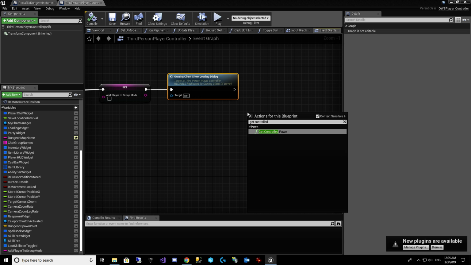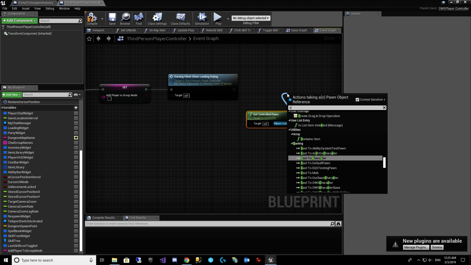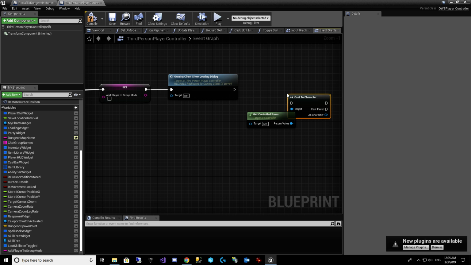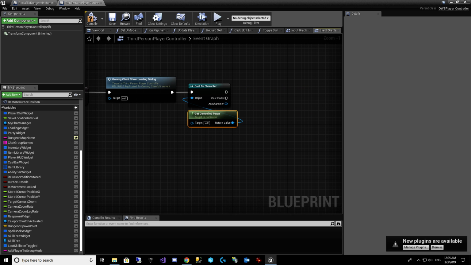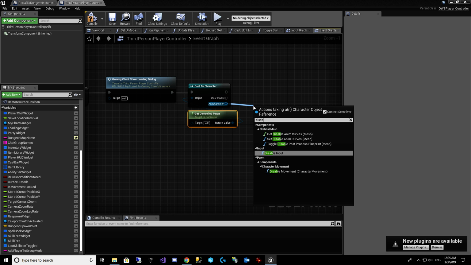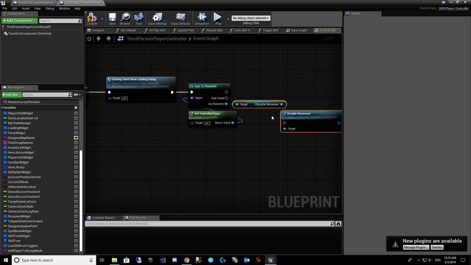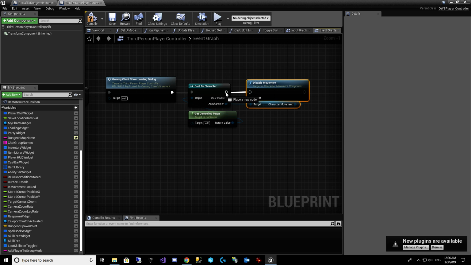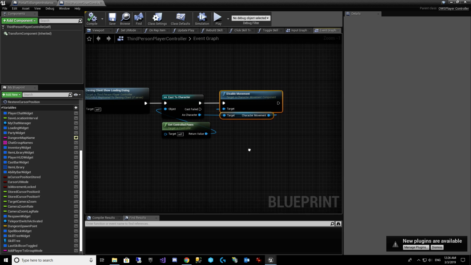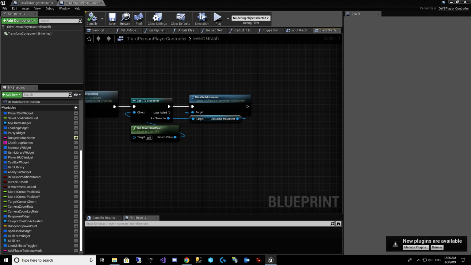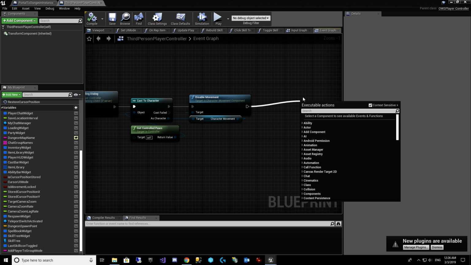Get controlled pawn, cast to character. That's all I needed for this one because I just want to get disable movement. This is the same thing. If you look, all this stuff I'm doing here is the stuff that we're doing in the normal portal. We show the loading dialog. We stop you from moving further forward. And now we're going to call launch